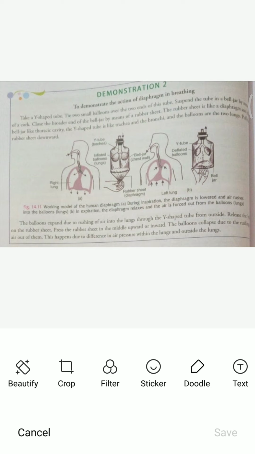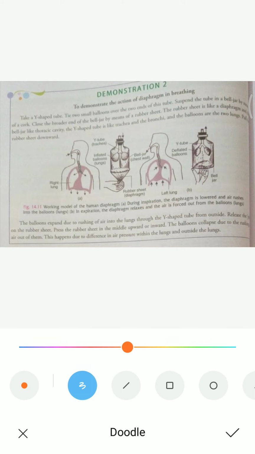So we'll be studying how it is actually helping in the process of breathing, and how it is increasing the lung capacity. At first, we take a Y-shaped tube. You can see the tube, it is a Y-shaped tube. What does that mean? A tube which is this type,